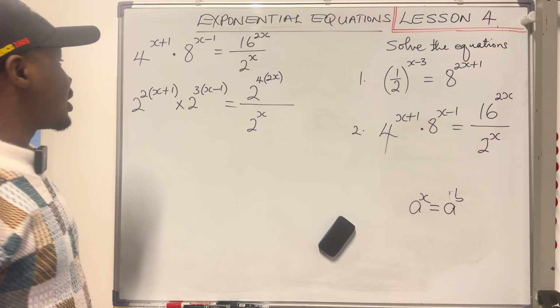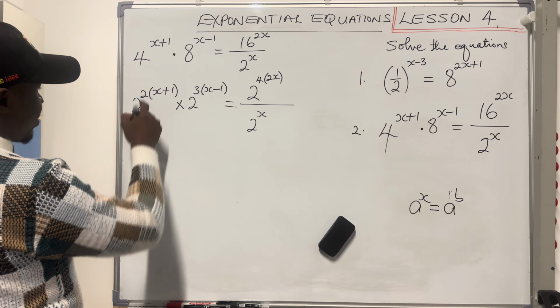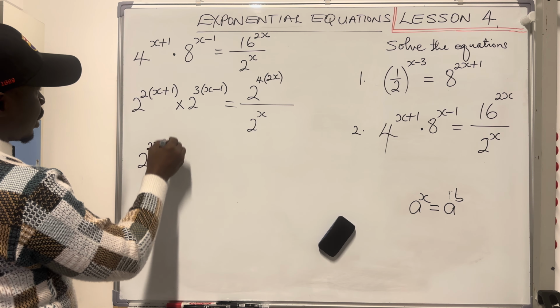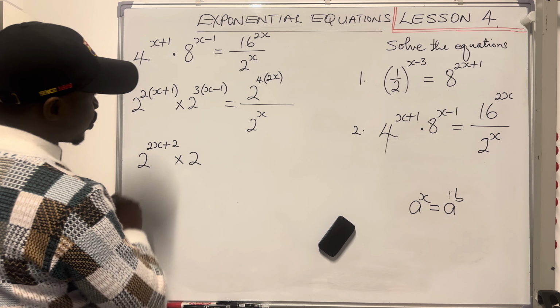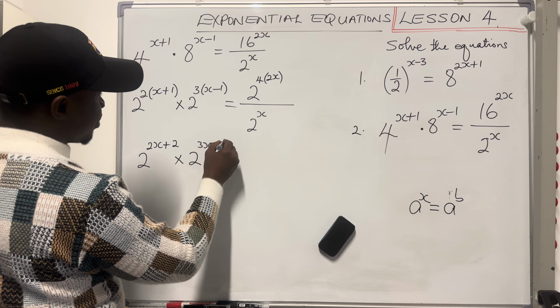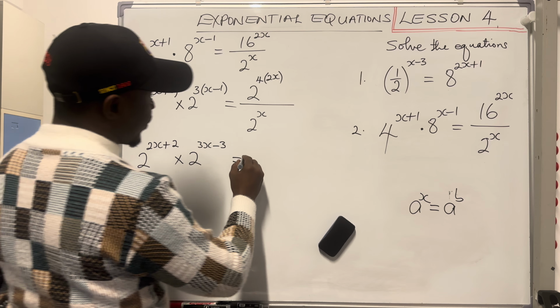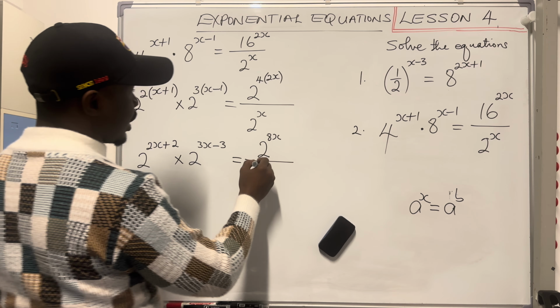That is what we need. So this one is 2 to the power 2 times x, which is 2x. 2 times 1 is 2, multiplied by 2 to the power 3 times x is 3x minus 3 times 1, 3. So here again, 2 to the power 4 times 2x, 8x,